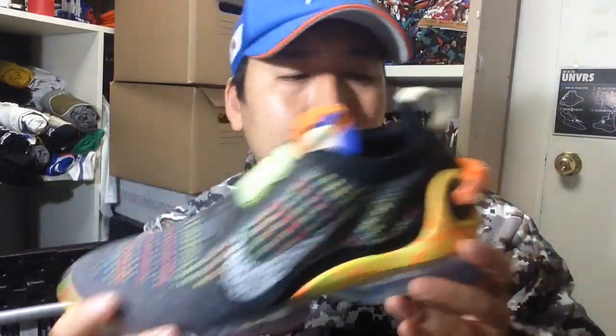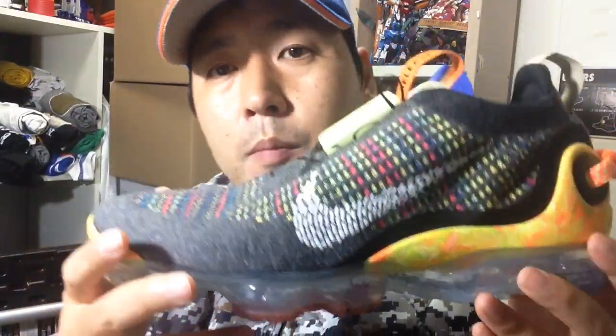The upper and a lot of parts of the shoe is made with reused materials from other shoes that Nike made. They discarded the excess material, and they're grinding it and using it again. The good thing about it is it comes out with this funky design. It comes out with some nice funky designs, and they are doing it for a good cause, for the environment,